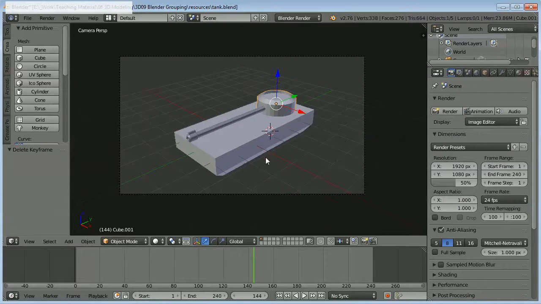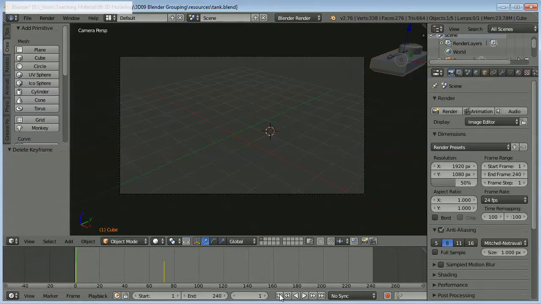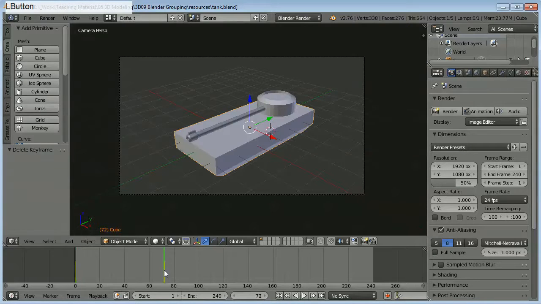Pressed N to get the properties panel to pop up for the turret. So now the turret has no keyframes. I'm going to go back to the body, back to frame 0. Actually, let's go all the way to frame 72, and I'll just insert a keyframe for the turret there. There's no need to insert it on frame 0 because it's only at this point that I actually want it to turn. So I'll insert lock-rot scale there, go back to 144,